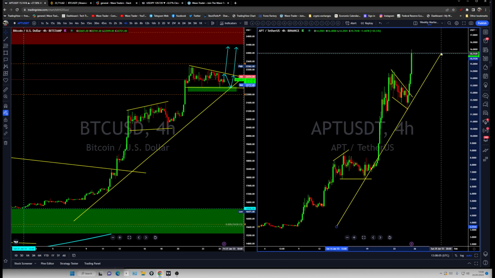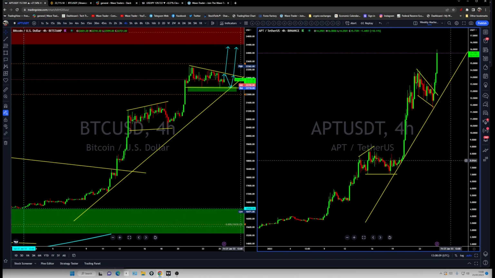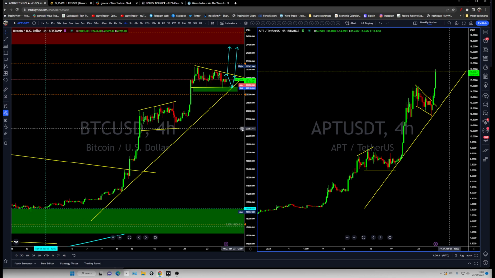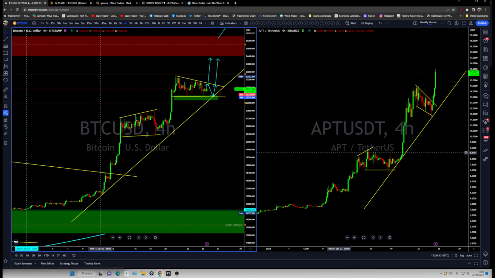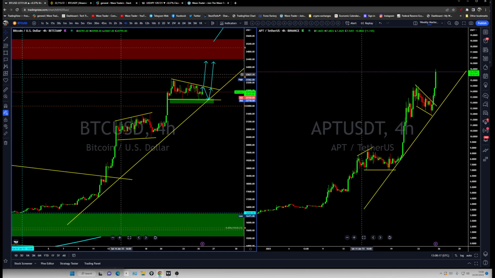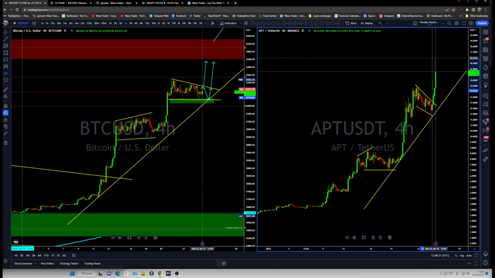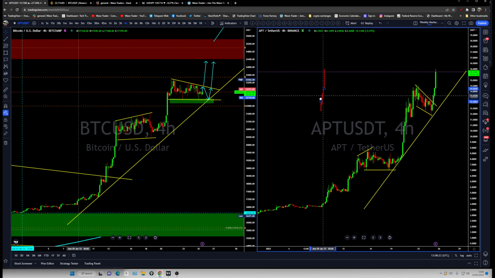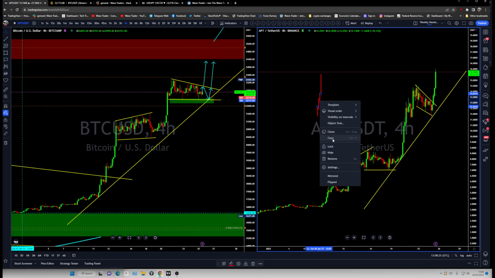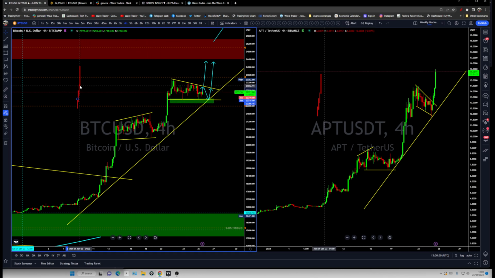It just broke out, and the next sharp impulsive move is happening there. So Bitcoin is also setting up for that breakout. I'm anticipating a similar move. If I'm going to copy and paste that move here,